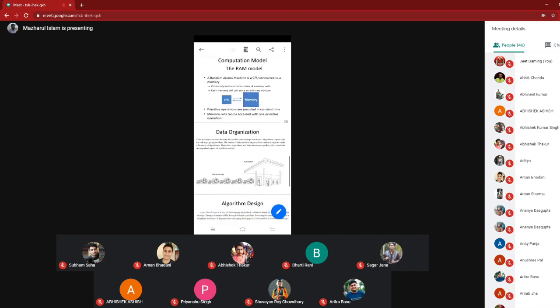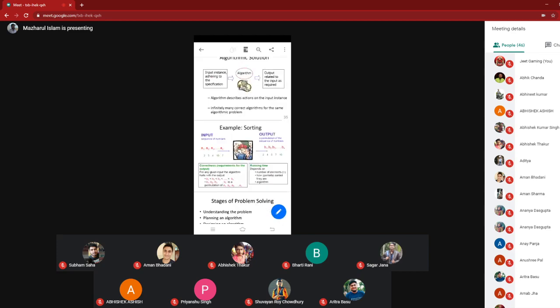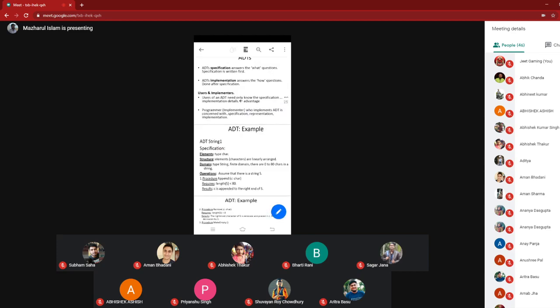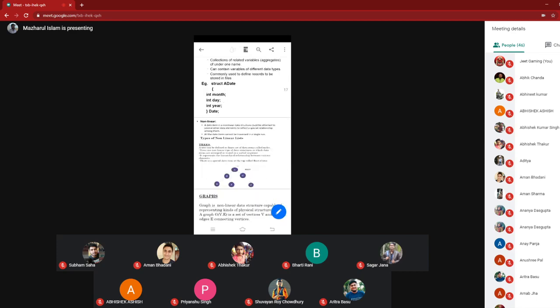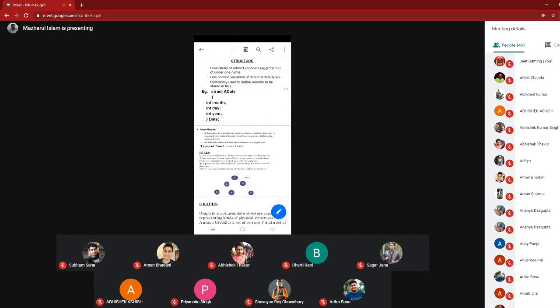What are the various algorithms? What are the various kinds of graph? What are the various operations on the graph? You will gradually learn all these things: graph traversal and tree traversal. There are many variations of the tree, such as binary tree and binary search tree. How to insert an element in the tree, how to delete an element in the tree.